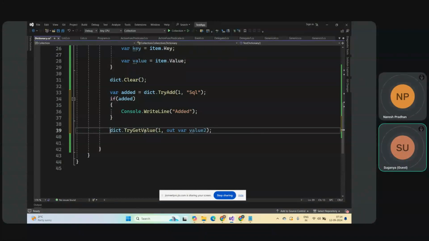I have not told you something about out and ref variables. I think I told you, not sure, but out and ref are two keywords. Just for your reference, the out parameter and ref parameter are used when you want to pass something by address. So basically what happens is, as I said, when you're